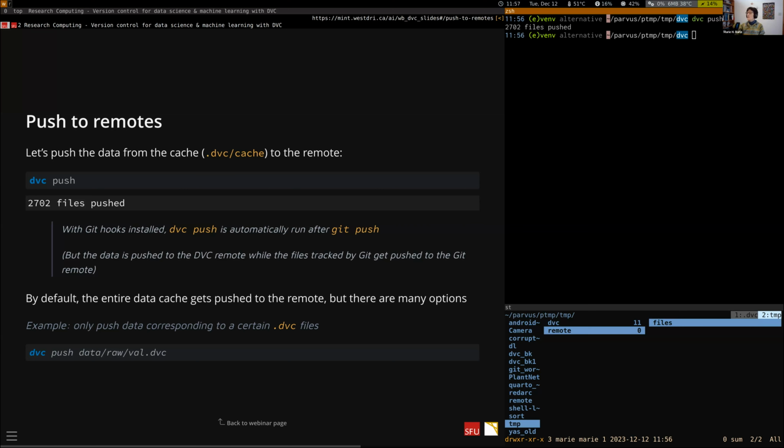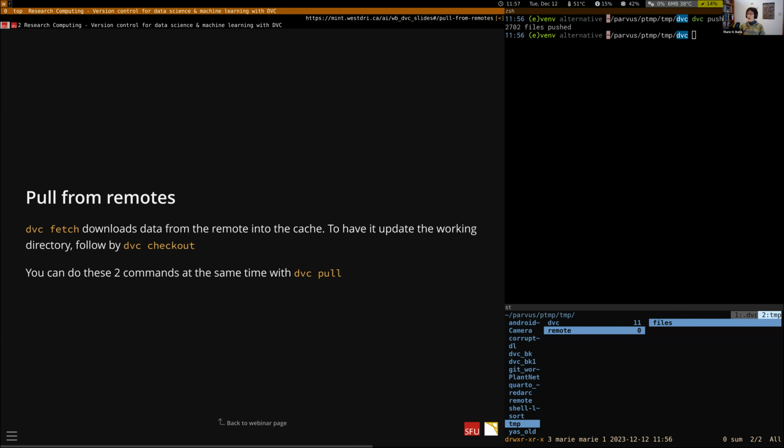So if you wanted to have all of the versions for all of the branches, you would have to add a flag that says so. Here, I haven't pushed the changes on the main branch, for instance, but only on the alternative branch, which is the branch I'm on. So this is to push, and then to go back to the question about duplication and all that,